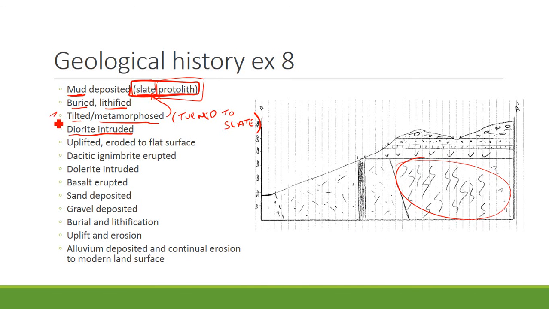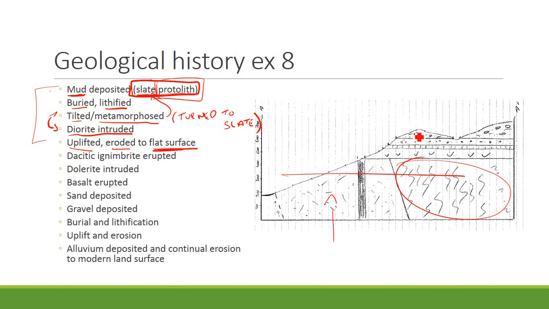Now these two guys, it's actually ambiguous. One of those may have occurred before the others. We actually can't tell. So if you had these the other way around, I wouldn't mind. I mean, you can't actually tell whether the tilting and metamorphism happened before the intrusion or the other way around. So this material, all of this stuff, was then uplifted and eroded to a flat surface. So you've had this stuff brought back up to the surface of the Earth, eroded it flat, and then on